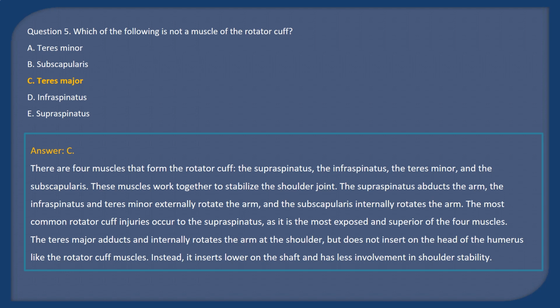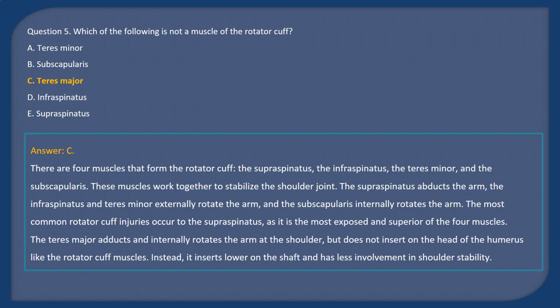Answer C. There are four muscles that form the rotator cuff: the supraspinatus, the infraspinatus, the teres minor, and the subscapularis. These muscles work together to stabilize the shoulder joint. The supraspinatus abducts the arm, and the infraspinatus and teres minor externally rotate the arm, and the subscapularis internally rotates the arm. The most common rotator cuff injuries occur to the supraspinatus, as it is the most exposed and superior